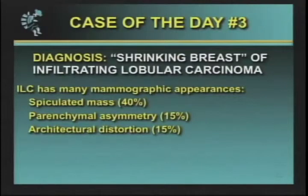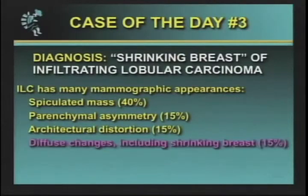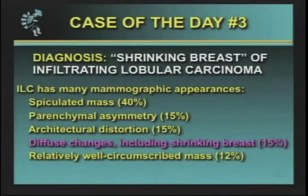Architectural distortion as the only finding, about 15%. Diffuse changes, including the shrinking breast, only about 15% of all lobulars. So that's a pretty small percentage, but it is a very real one because it's so striking. And it presents as a relatively well-circumscribed mass about 12% of the time. And it doesn't show any findings on the mammogram whatsoever about 3% of the time. So you can see it has a variation in appearance, but the shrinking breast is a striking one because